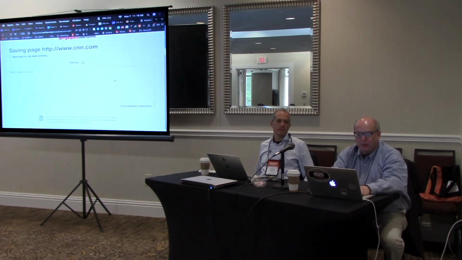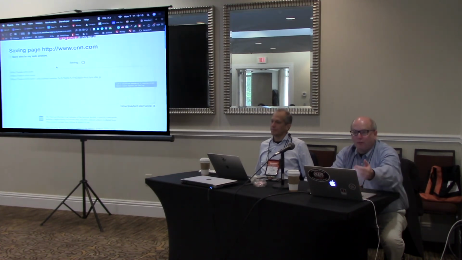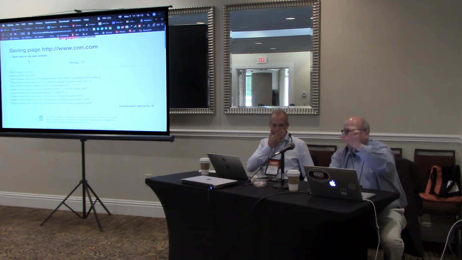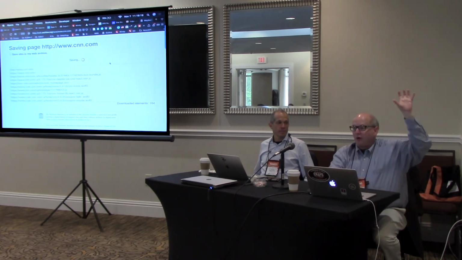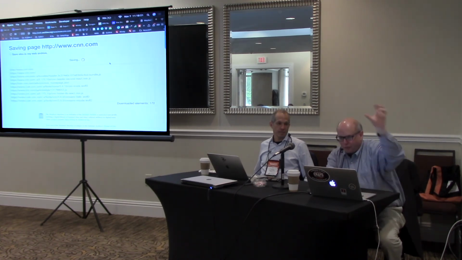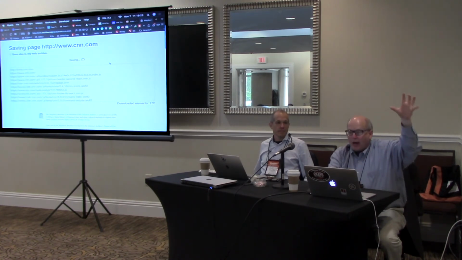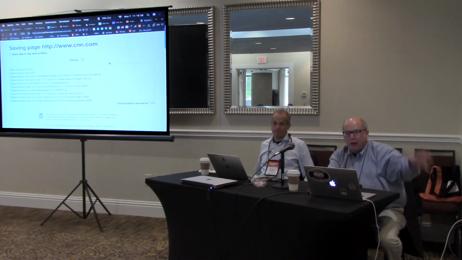You see my day. So I'll go to CNN.com, I'll click Save Outlinks. Another feature that they just added is you can take an actual static screenshot of the page. If you have an Internet Archive account, you can save all of your saved pages in your own personal web archive. It will download all the elements of the page, and now it will go out, find all the links outbound from www.cnn.com and archive them for the first time or re-archive them again.